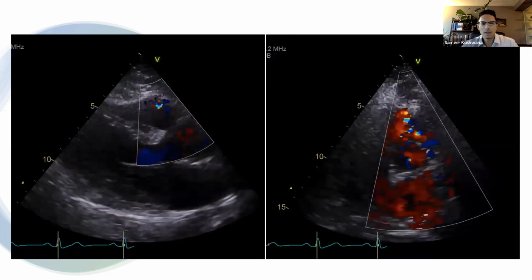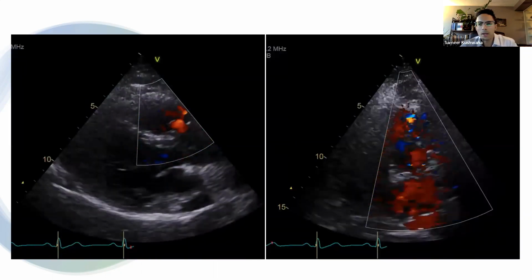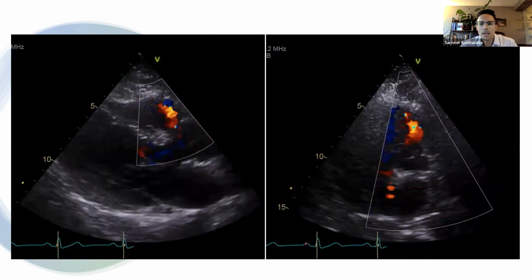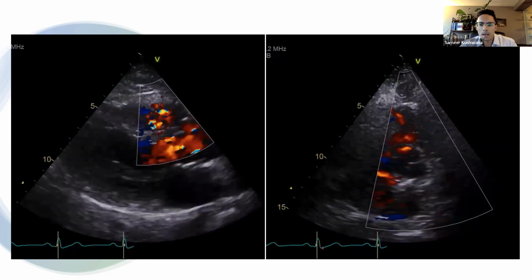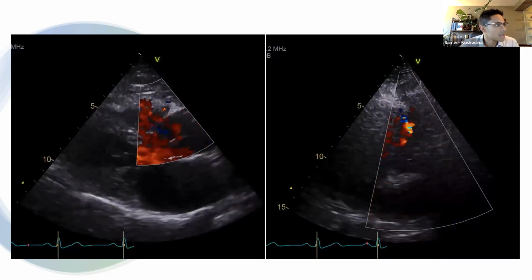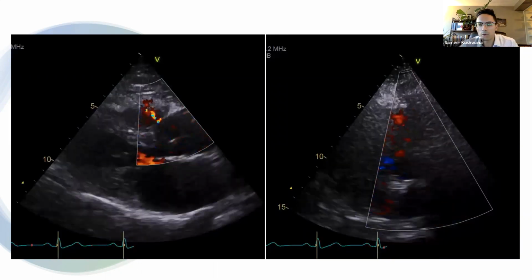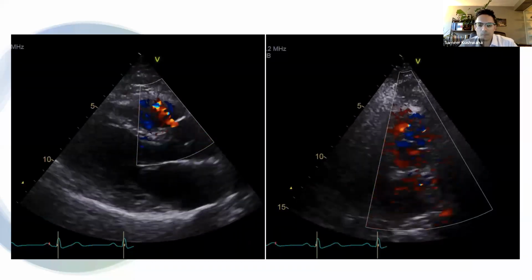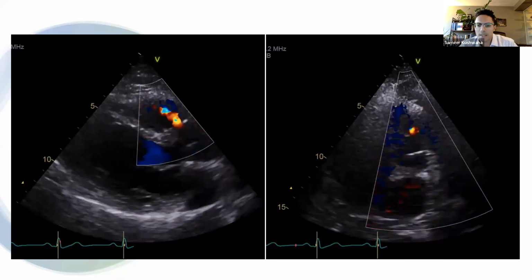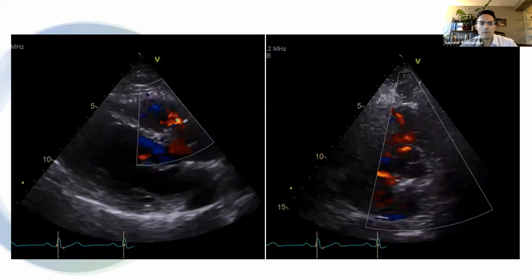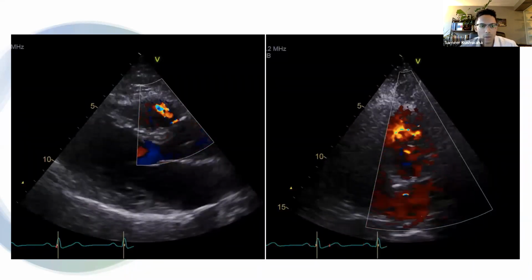So this is a different patient than I showed before. This is a parasternal long axis on the left with a parasternal short axis on the right, and it shows color flow going from the sinus of Valsalva into the right ventricular outflow tract. And this is diagnostic of a rupture of the sinus of Valsalva into the RV. We can see that the flow is highest in diastole when the aortic valve is closed and when there's no forward flow, when you would sort of expect the blood to be filling into the coronaries as well.